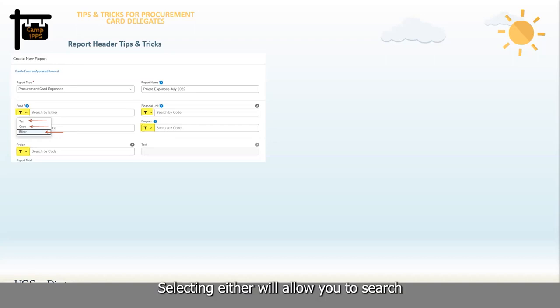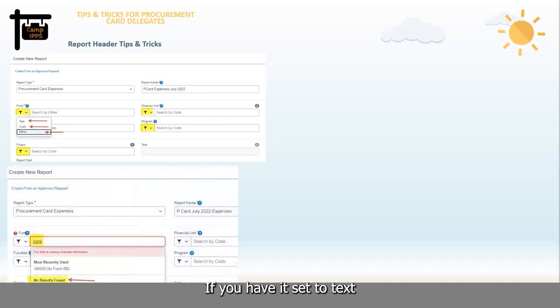Selecting either will allow you to search for either text or code. However, if you have it set to text and you type in a code, it will tell you no results have been found. In addition to that, when searching fields in the report header, you cannot manually type